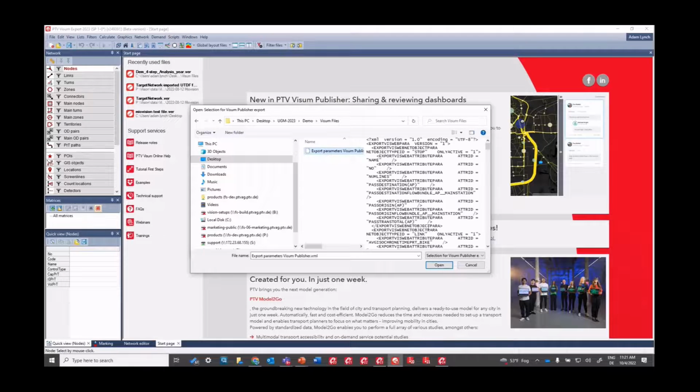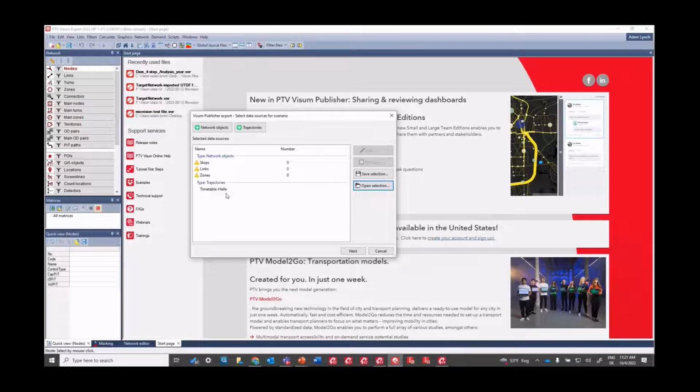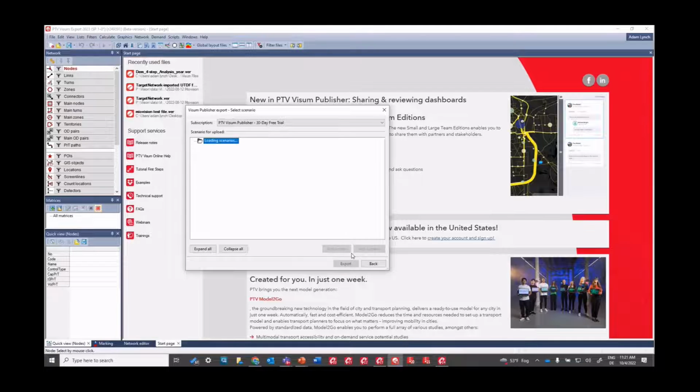So here it's saved as basically just a script file or an XML. So I hit open, and then it will load up all those presets that I had to export into that showcase I just showed. And then I would hit next, and I'm not going to go much further because I'll overwrite all my data and they'll be mad at me back at HQ. I select